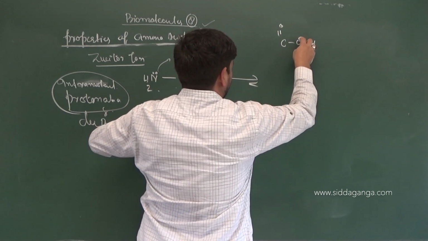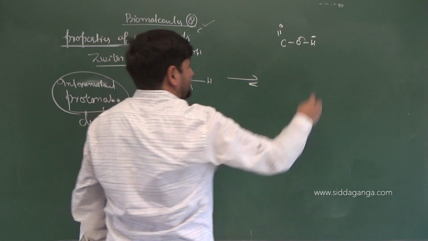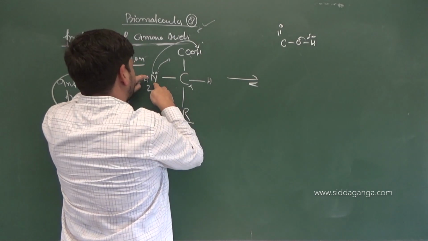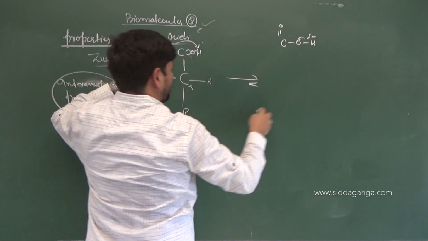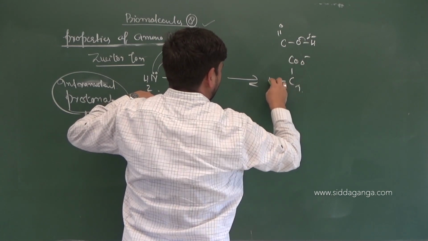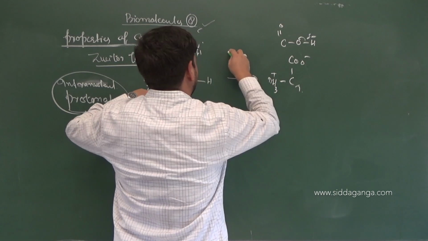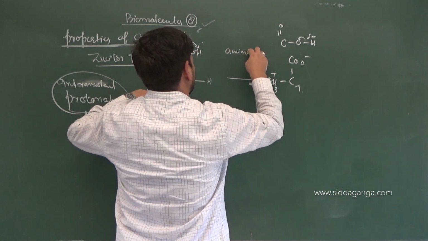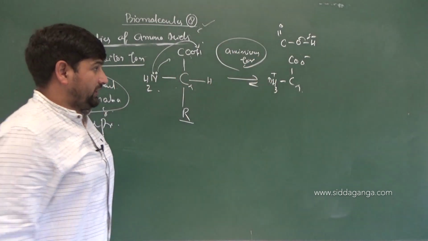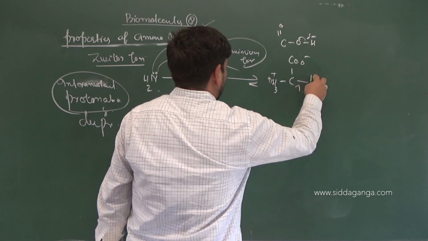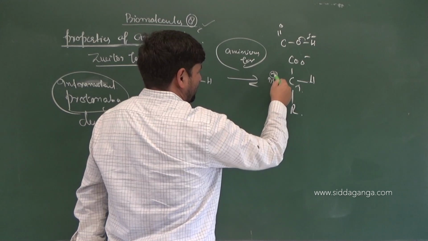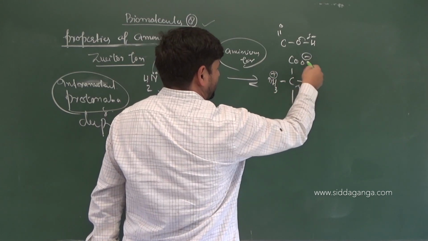Now this oxygen is more electronegative, charge on this oxygen is slightly plus. So the lone pair of electrons will come and attack on H plus. It will accept this proton. So the protonation, deprotonation process will lead to C alpha, COO minus carboxylate ion. Then you get NH3 plus, that's called aminium ion. Then you have got hydrogen, then you got side chain. So in this amino acid you have plus charge on NH3 and minus charge on COO minus.